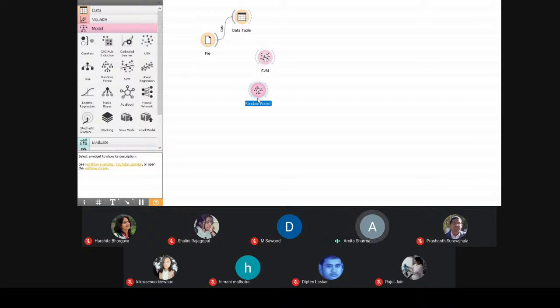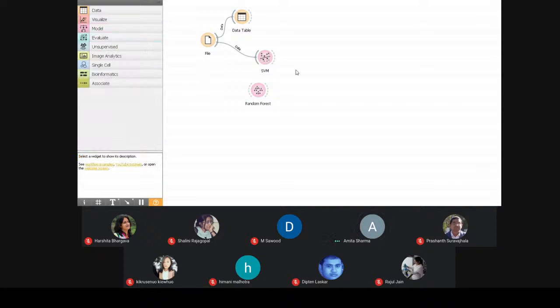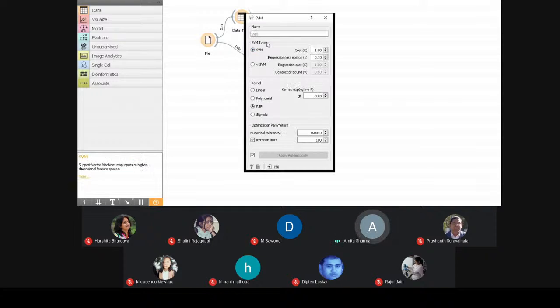For example, I take two models. I'll first perform on this SVM model. I'll just connect my data with this SVM model. Now to get the result from this SVM model, this SVM also has certain parameters which you can set according to your requirement. For example, if you want to change the kernel, you can change the kernel.